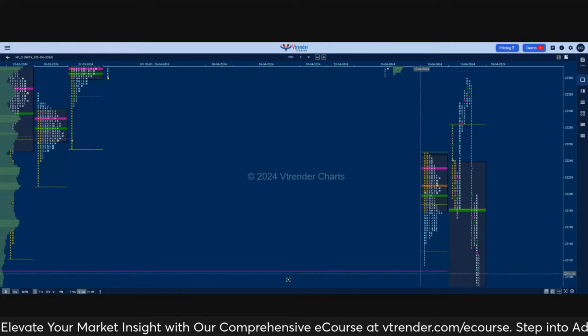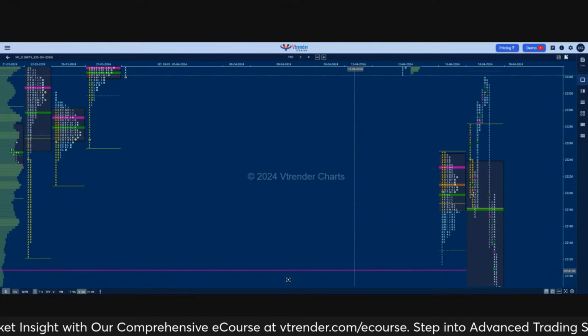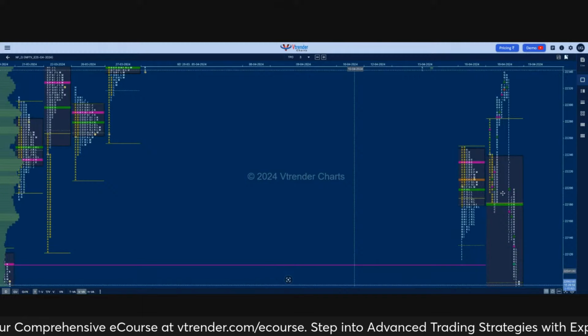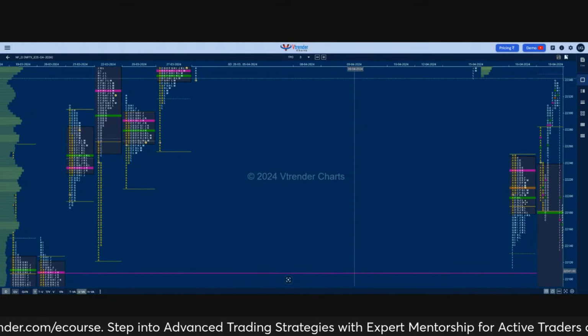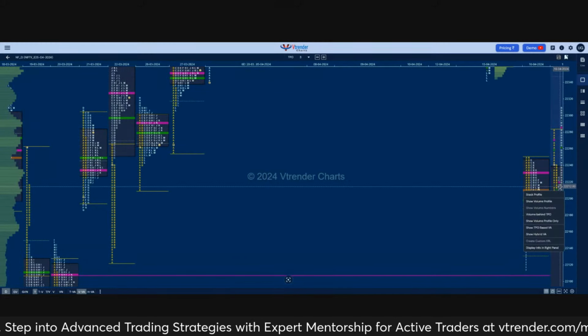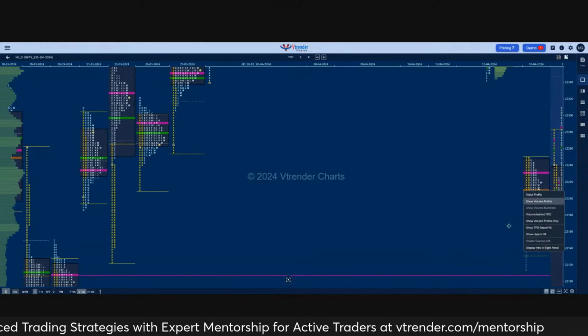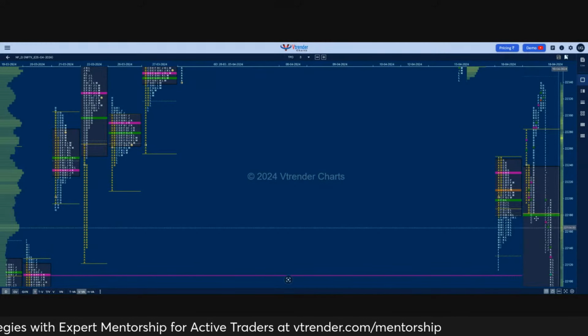And this is what happened today. I'll take you to today's chart and I'll take it TPO by TPO and we will see what happened today. So here you can see